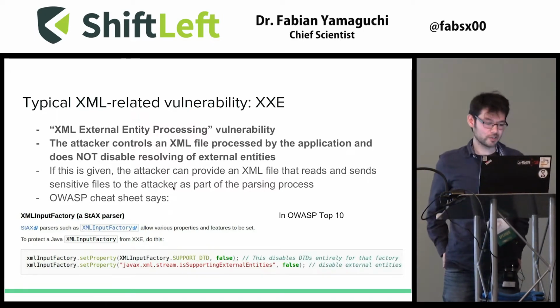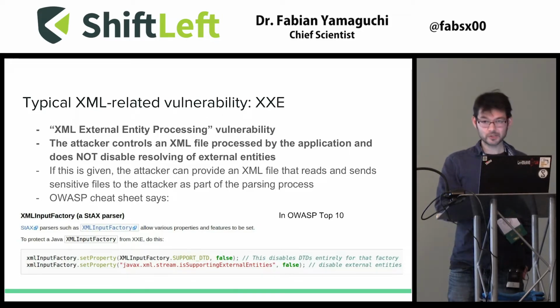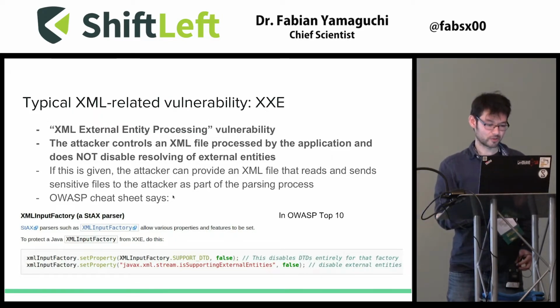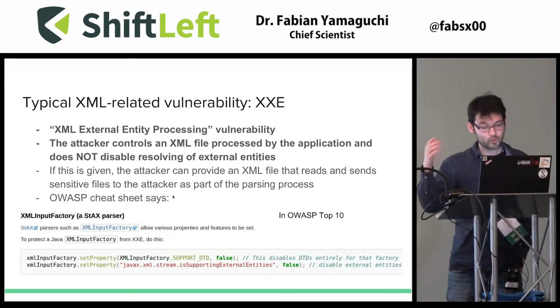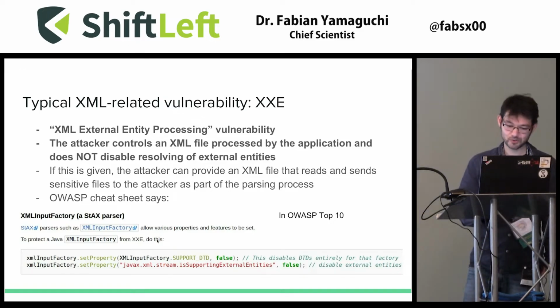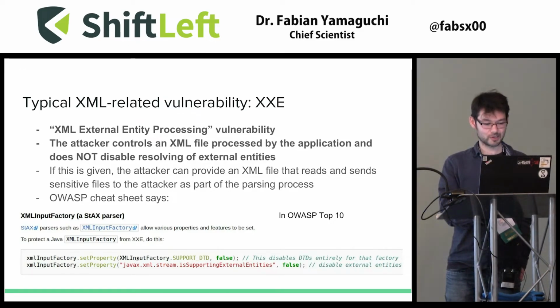We also found an XXE in this, and I'm going to show you how. So when you look at those types, I showed you how to list all those types. You'll see that something called the XML input factory is being used. And then if you look at the OWASP, well, OWASP has a cheat sheet that will actually tell you how to use this securely. And to use this securely, you need to configure this XML input factory to say that you do not want to support DTDs. Now, I'm not sure if both of these need to be set or one of them, but as you'll see in a minute, none of them are set, so we're on the safe side, or on the